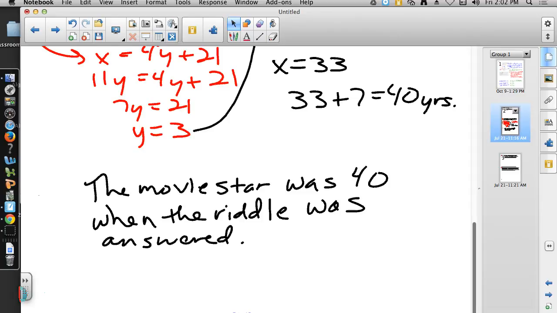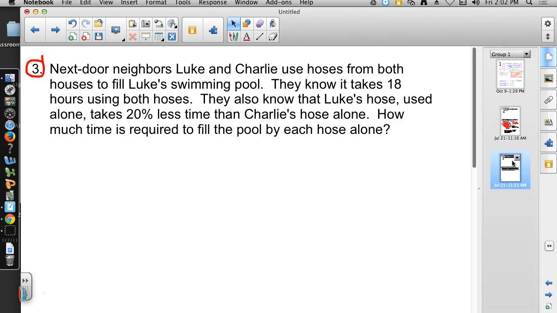So there it is. All right, on the next page, we have another one where we're talking about basically fill